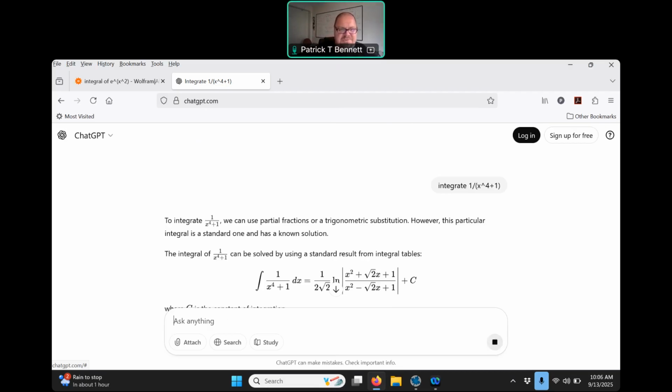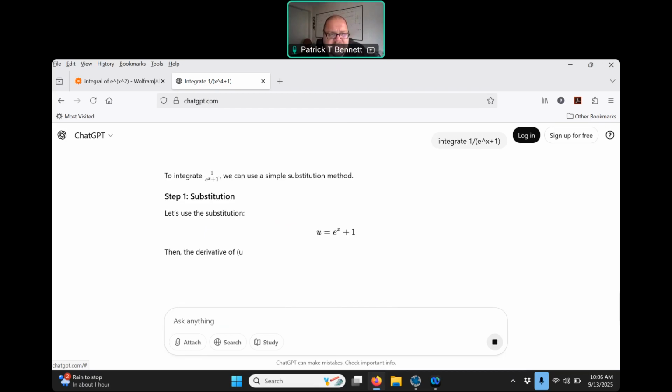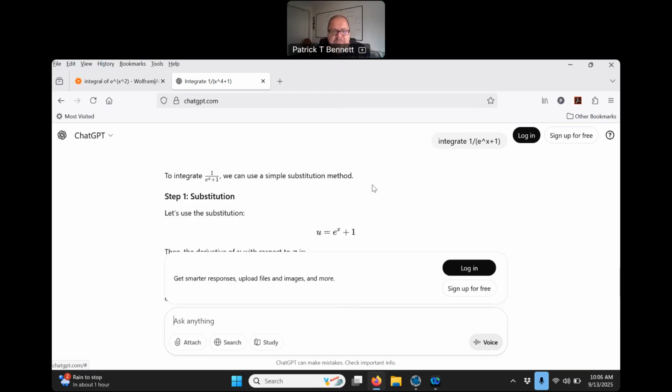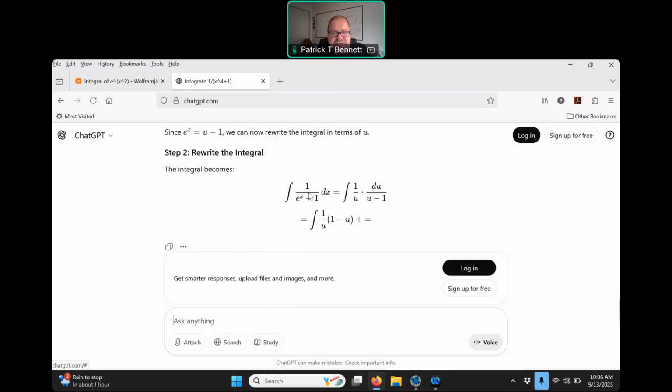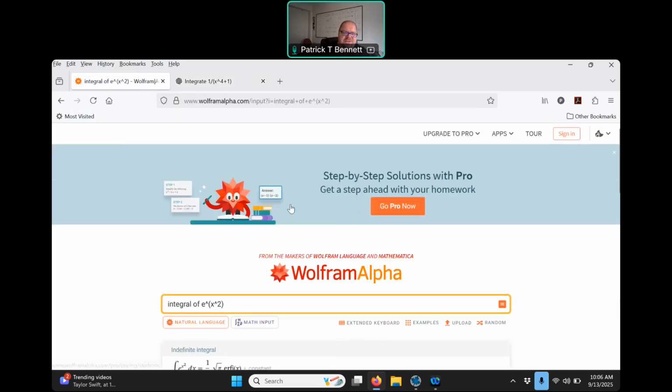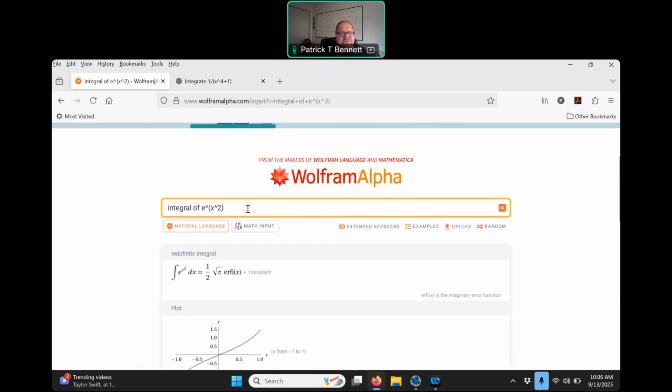1 over e to the x plus 1. It's doing a substitution. It's rewriting the integral, and then it stops. Actually, I'm disappointed in ChatGPT. It's all right for some things, but it's not really doing a great job for integrals. So maybe this is a good moral of the story, that ChatGPT is not as good as I thought it was. Wolfram Alpha is very good though. Wolfram Alpha is legit and Maple is legit. So anyway,